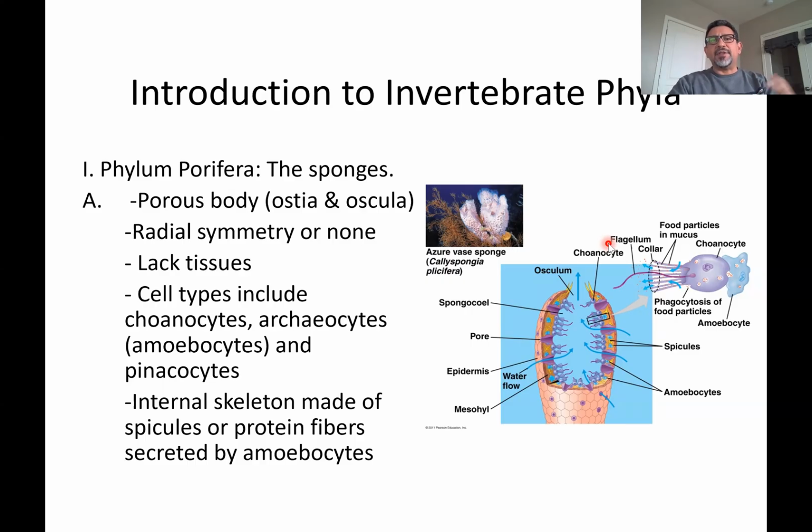Endo simply means internal. Many times students come to my class thinking that the only animals with an endoskeleton are the vertebrates with their vertebrae made of bones, but they're not the only animals with an endoskeleton. Remember that endoskeleton doesn't mean bone, it simply means an internal skeleton. And the sponge is going to be one of those animals with an endoskeleton. If we can magnify this image again, we can find evidence